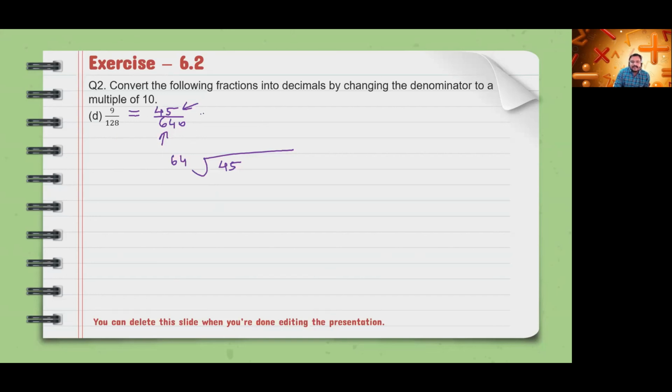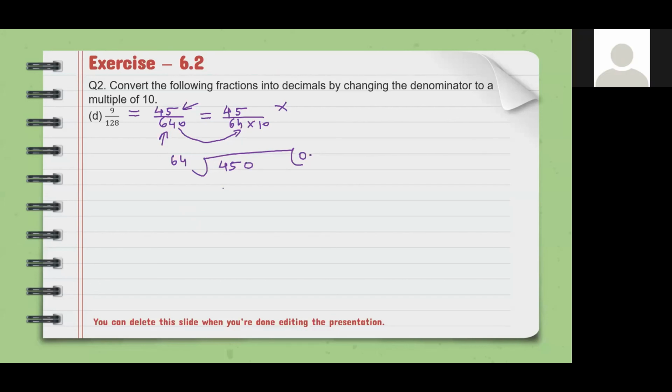Okay. Now pay attention, Riddhi Siddhi. As per the answer which you gave, we will do it like that only. 45 upon 64 into 10. I have broken this number 640 like this, 64 into 10. I will keep this 10 aside. What I will do is 45 divided by 64. Now we cannot divide 45 by 64, so we will have to add one zero here.